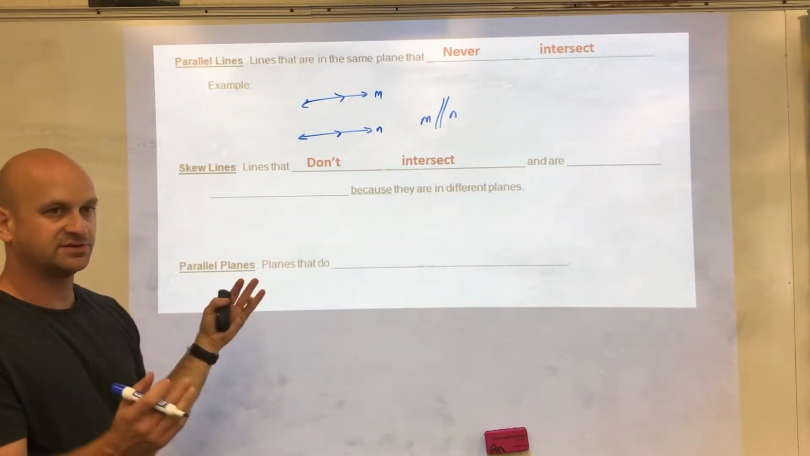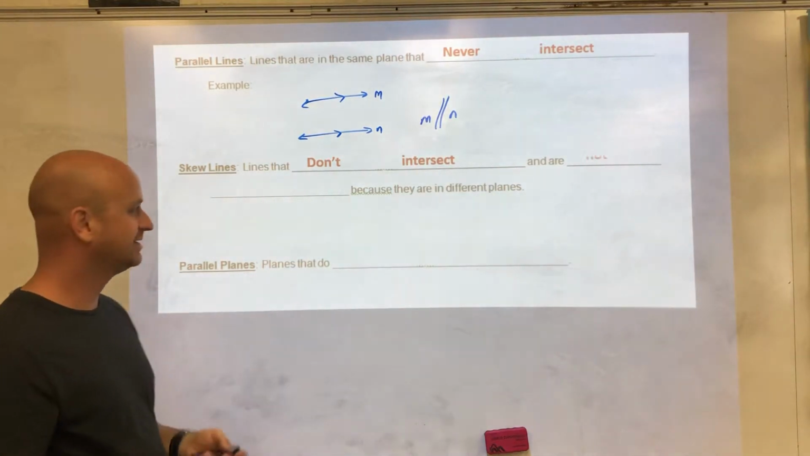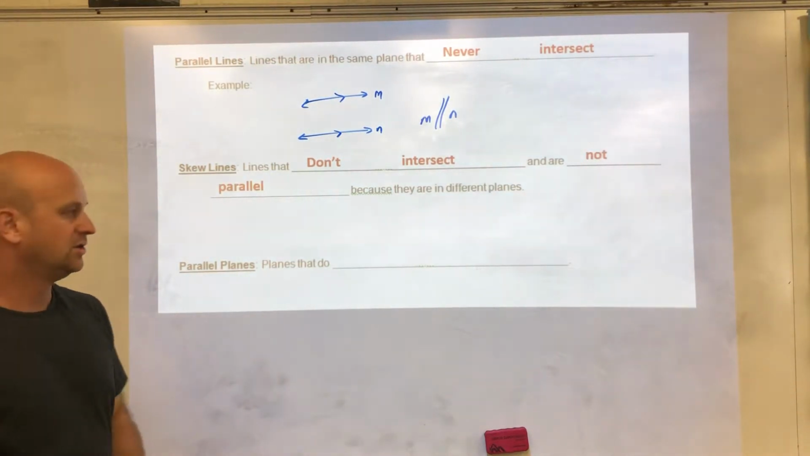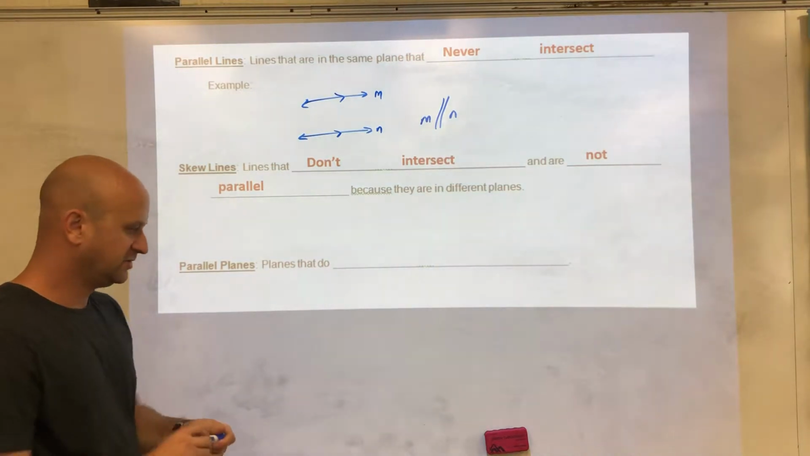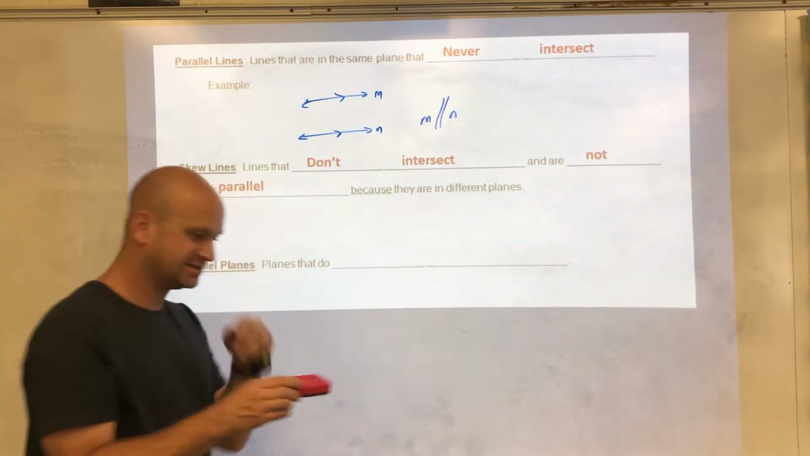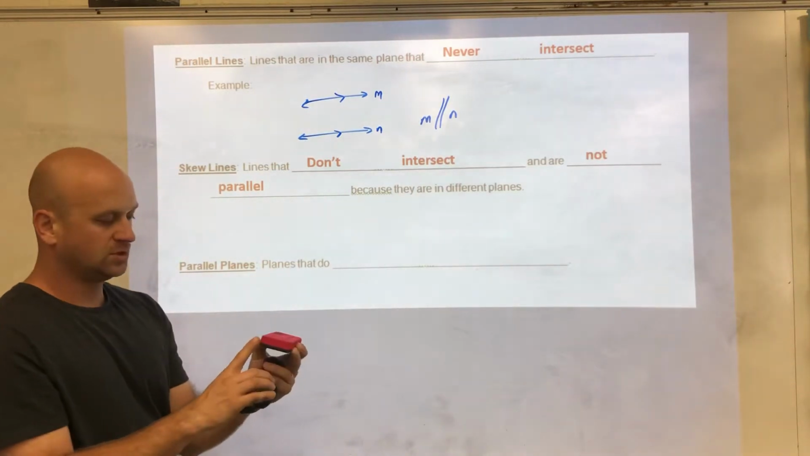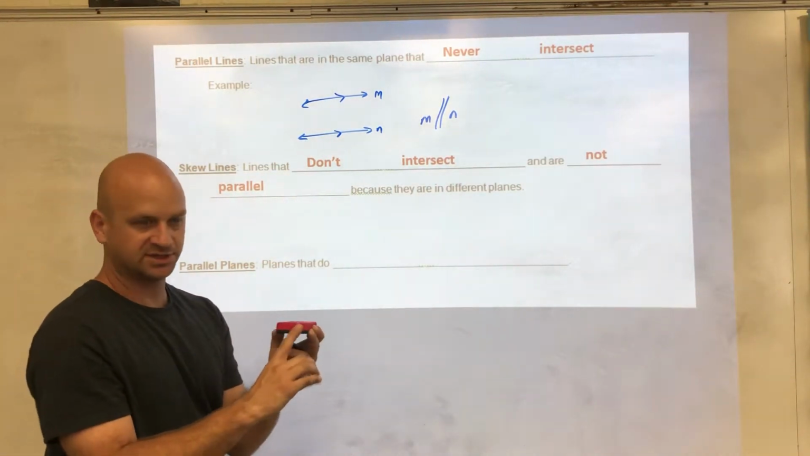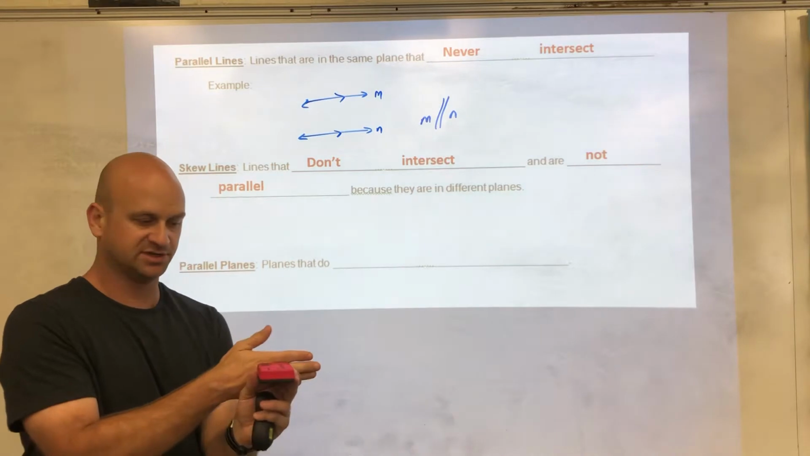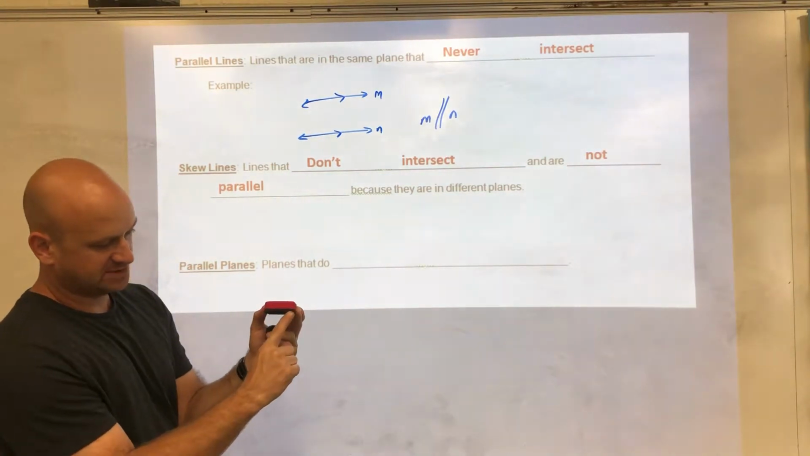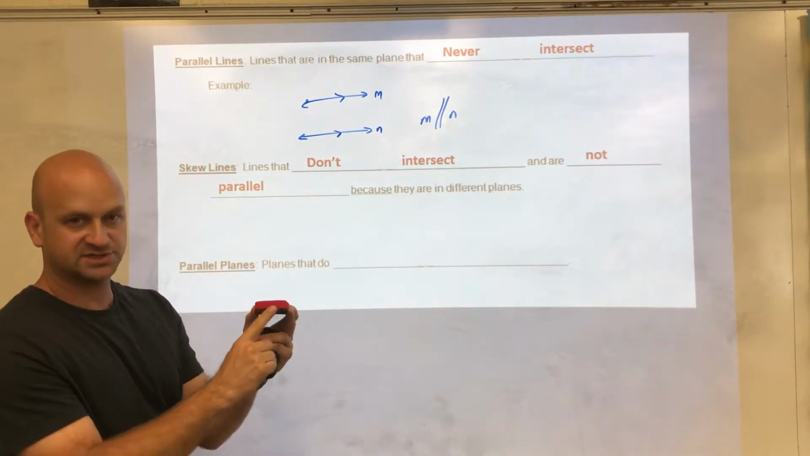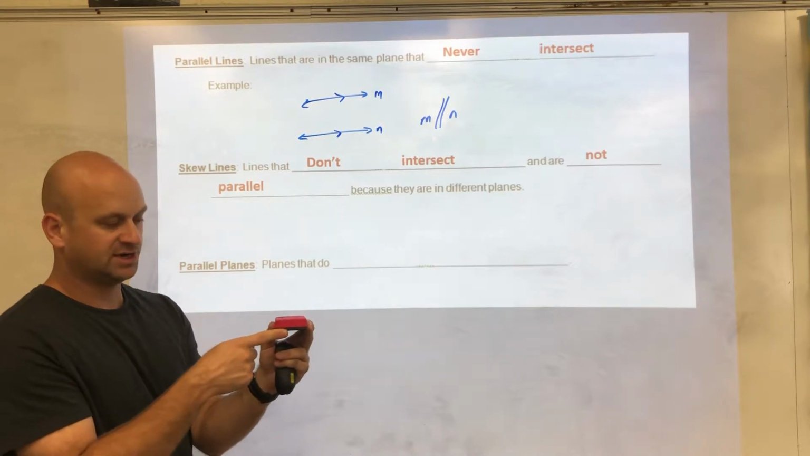But even if they are in different planes, they cannot actually be parallel either, right? So if we look at this eraser, this eraser is in the shape of a prism, right? So this front part of the prism is a plane. The back part of the prism is a plane. So if I wanted this bottom front edge, and I want a skew line to this, it cannot be